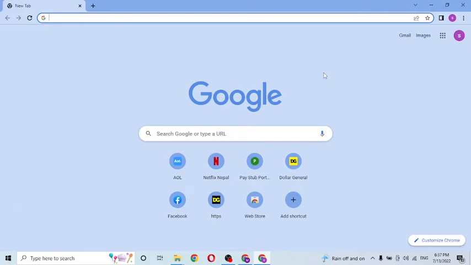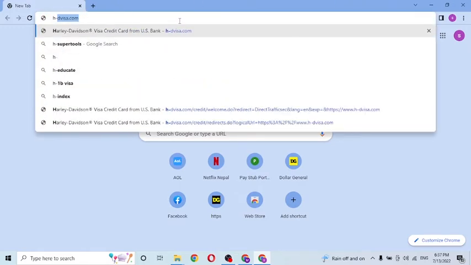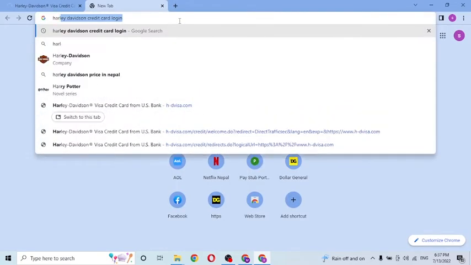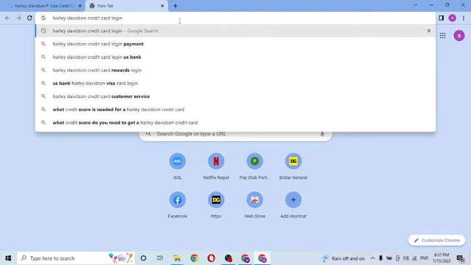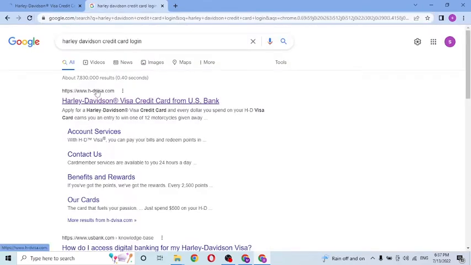Now to log into your Harley Davidson credit card account from your computer, first open up your preferred browser. I have already opened Google Chrome, and on the search bar, click over there and type in hdvisa.com like this and hit enter, or you can just simply search for Harley Davidson credit card login like this and hit enter. And on the first page you can see the hdvisa.com over here. Click on that,